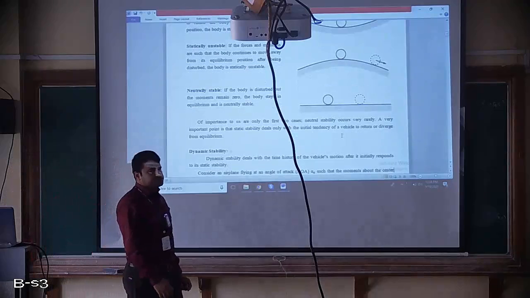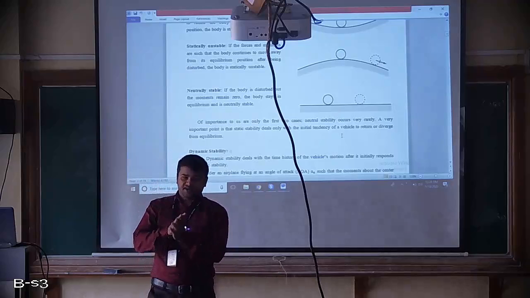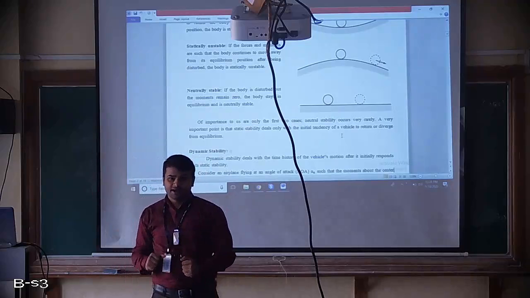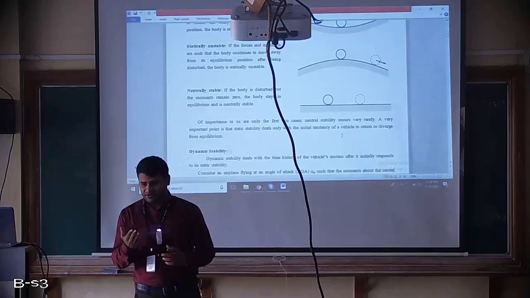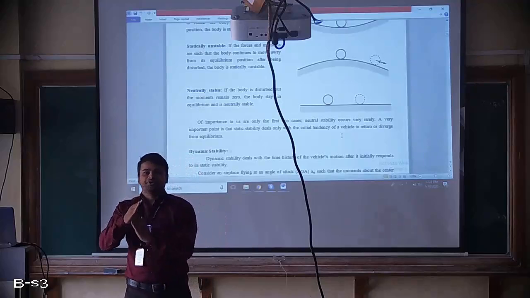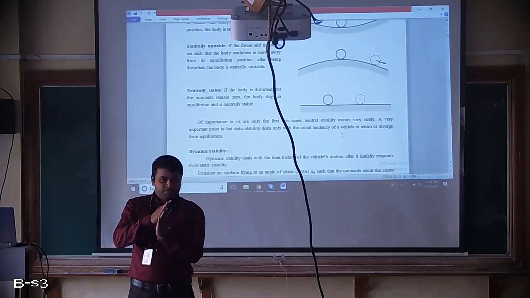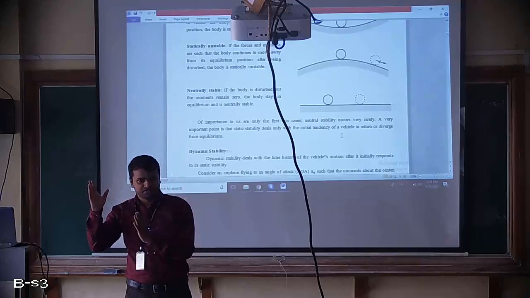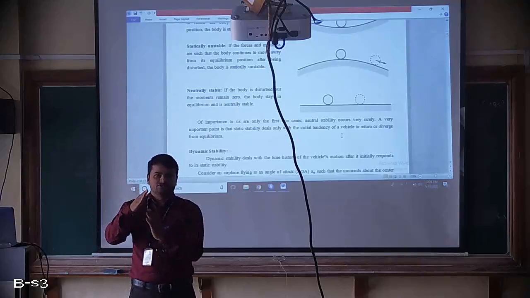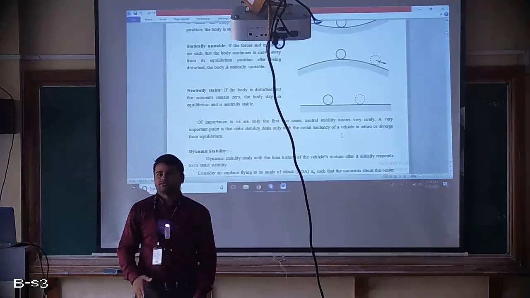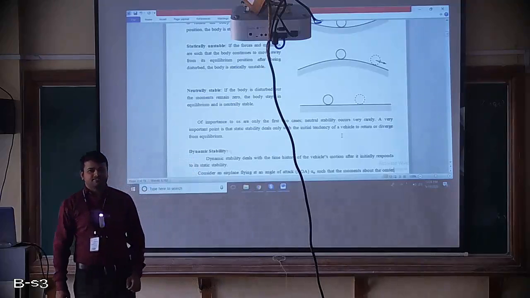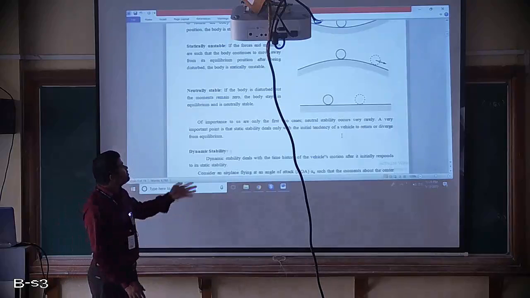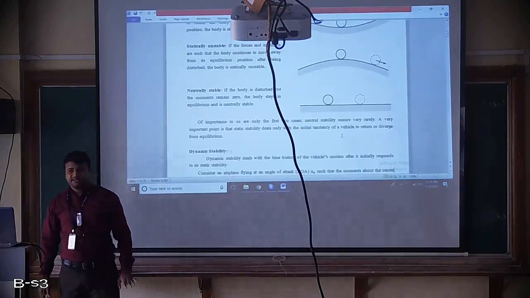Same way in your aircraft also. Negative stability, what will happen? If aircraft is getting disturbed, it will start getting disturbed again and again and again. It will just go on. But in neutral stability, it will not happen that way. What will happen? Once it is getting disturbed, it will stop there. It will not come back to its original position, as well as it will not again disturb or continue with the disturbance, but it will remain in the same position after getting disturbed. So that is called as neutral static stability, or neutrally stable condition, we can say for the aircraft. So all these are about static stability of the aircraft.